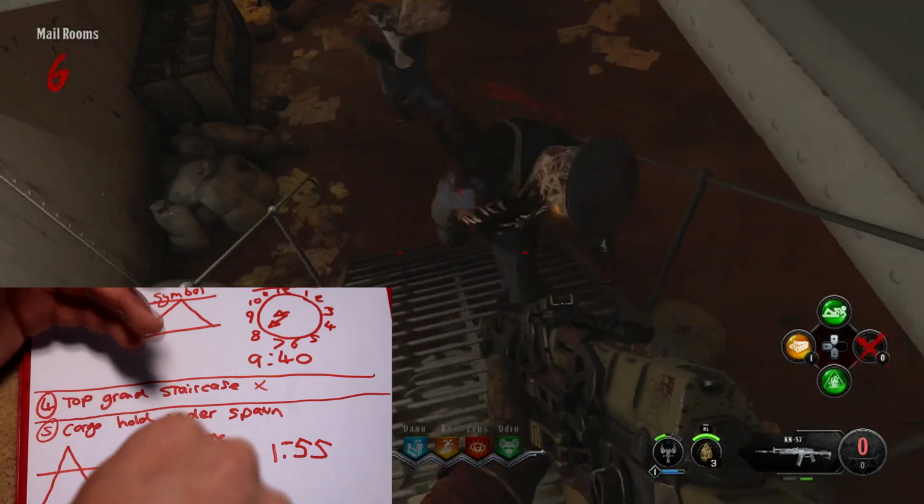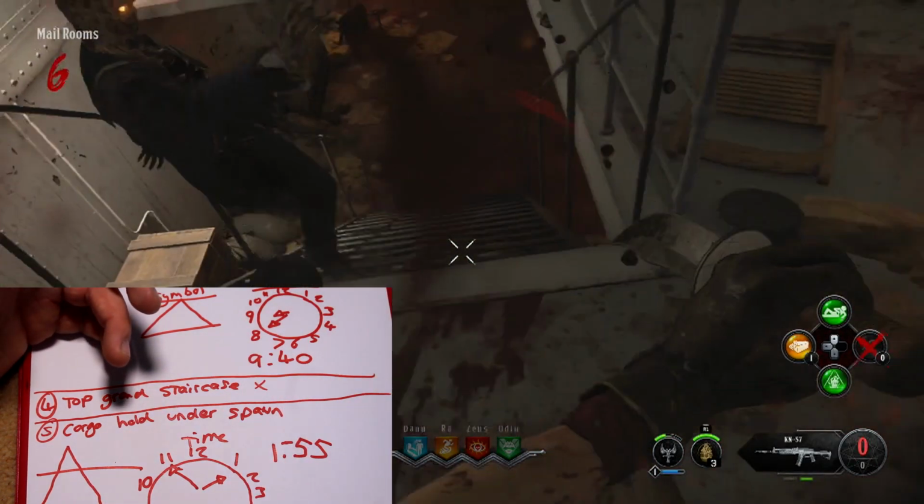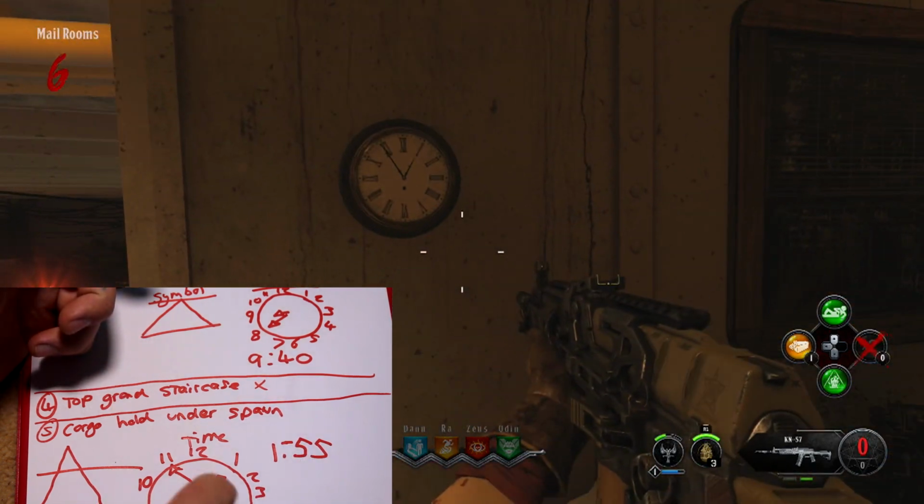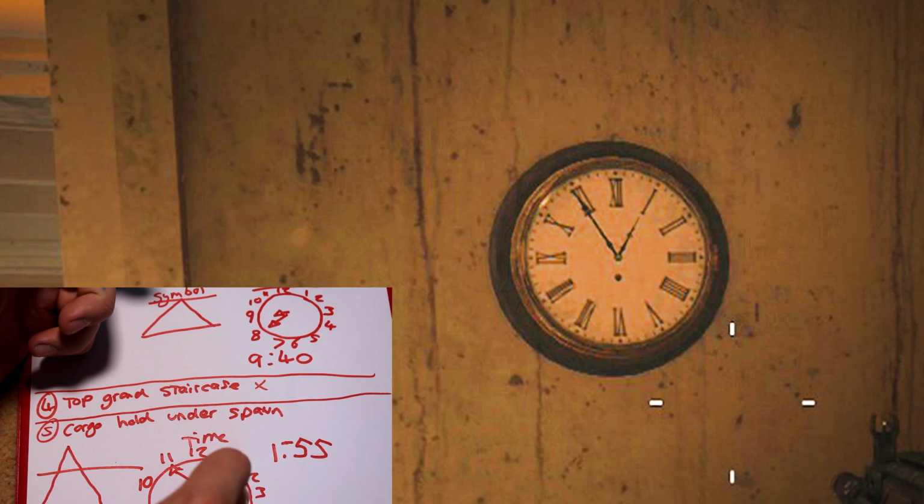And for me in my game, it was this weird triangle, fellas, and you want to write or draw the symbol down. And the time for me in this location, you can see the clock on the wall there. For me, it was 55 minutes past 1. You can see the hour hand, the small hand going to number 1, and the big hand, the minutes hand,